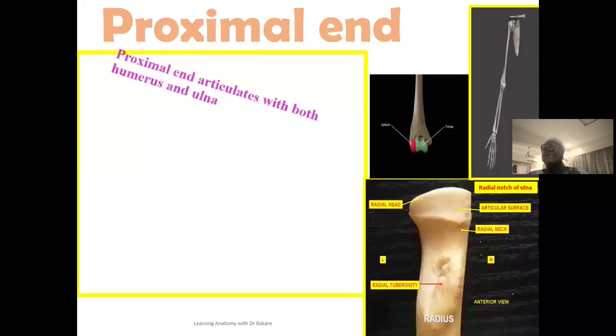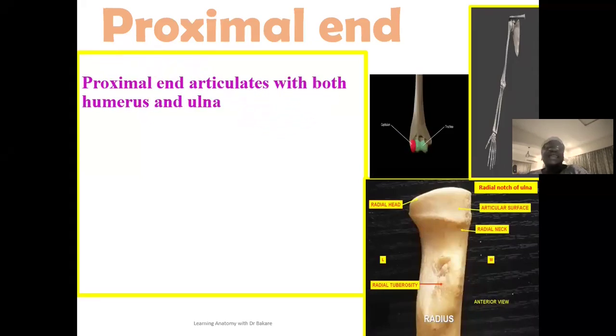The proximal end is also the upper end. And this end is seen to articulate with two bones. It articulates with the humerus and also the ulna. And because of this, it is going to be presenting features that will allow it to connect with these specific structures. So using this image at this other side, this is where we have the proximal end,